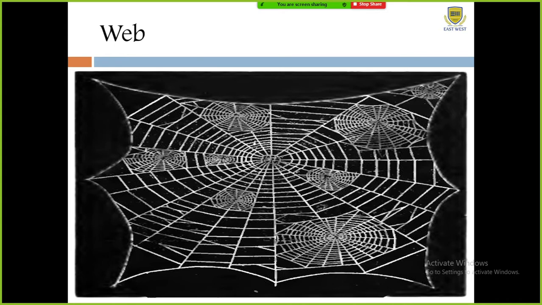Let us observe the structure in the figure. You can see two or more webs interconnected with each other through minute threads or complex thread formations, which appear in the form of meaningful patterns. This interconnection between the different webs we can call a network. So this is basically called a web network.